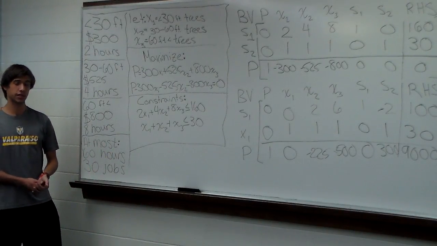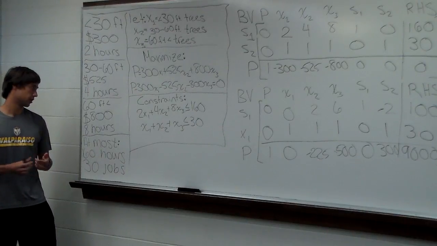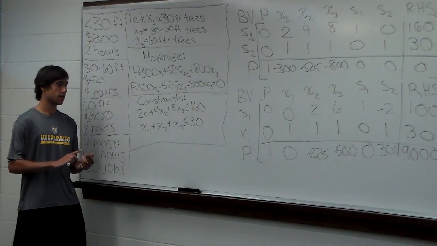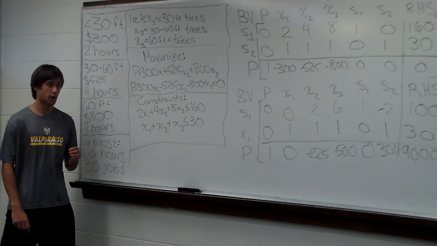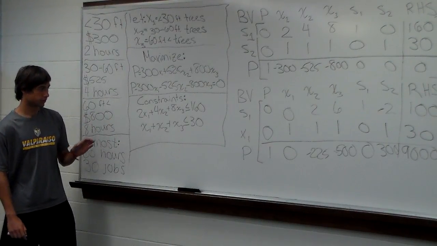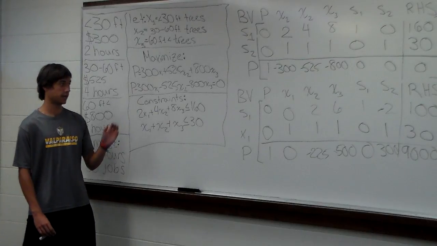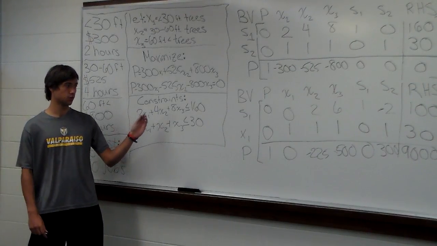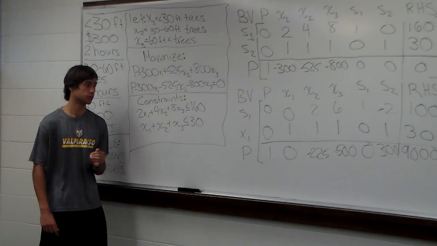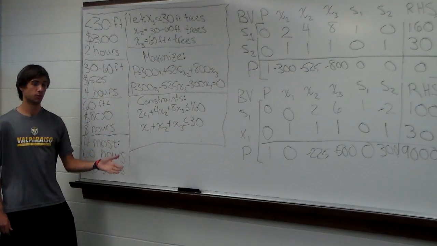We need to put some constraints on that based upon the hours that she can have her crews work and the amount of jobs they can work. So for our first one, this is going to represent the hours worked. It takes 2 hours to service a small tree, 4 a medium, and 8 a large. So we have 2x1 plus 4x2 plus 8x3 is less than or equal to 160,